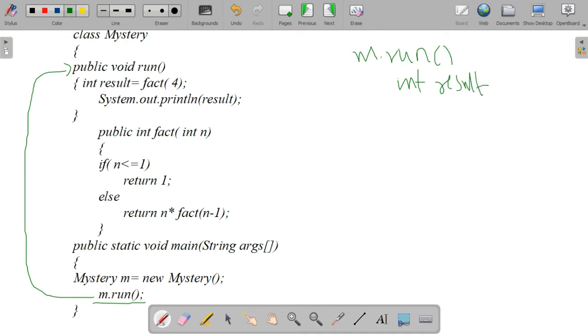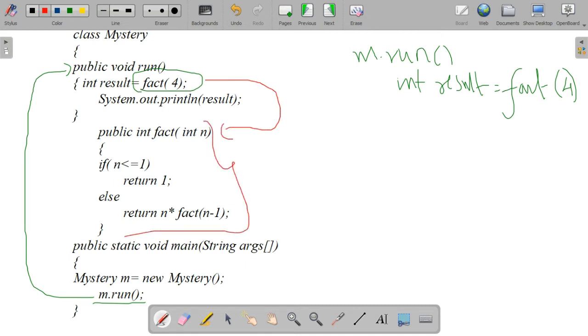So the compiler will go here, find out where the run definition is. Yes, it's here, and it will find the next step, int result equal to. It has called another method of integer return type, fact of 4. The value 4 we have passed.